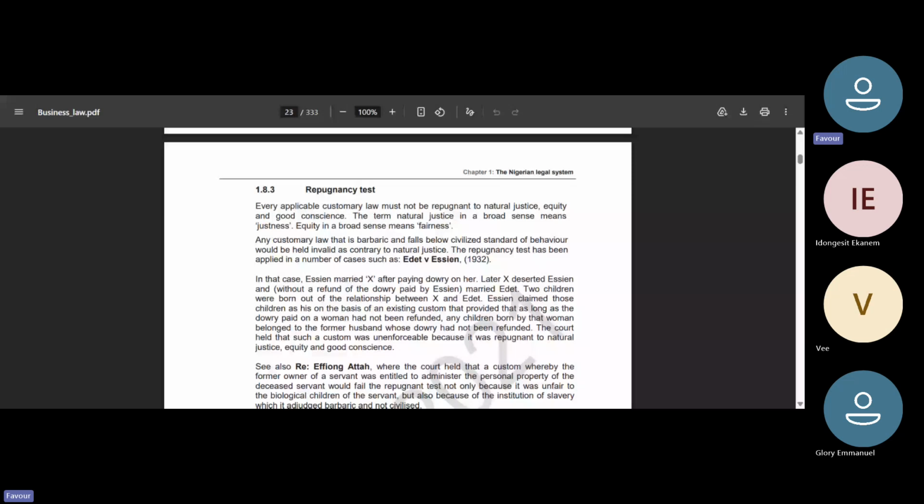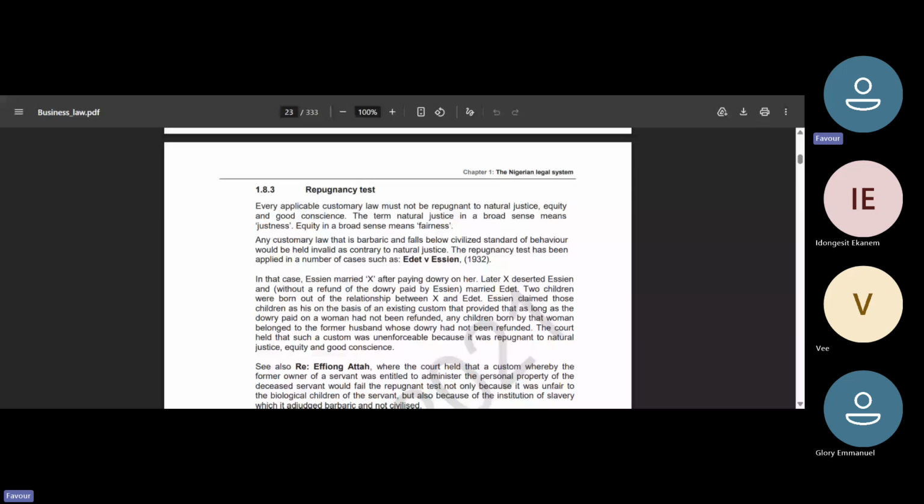So the court held that such a custom was unenforceable because it is repugnant to natural justice, equity, and good conscience. So in this case, what basically happened? I don't know if you have heard of this custom. I've heard about it in more than three different ethnic groups in Nigeria. Once a dowry is paid on a lady, even though the woman eventually leaves the man and probably goes to marry another person, like X did here, as long as the dowry has not been refunded, all the children that the woman will give birth to, according to the tradition, belong to the first husband. That's why most times, immediately a woman leaves her husband's house, the dowry is refunded